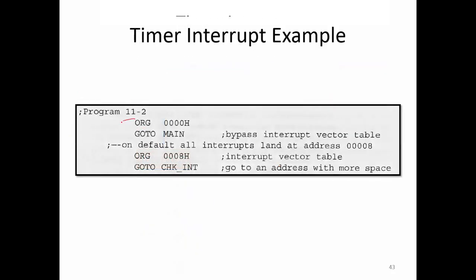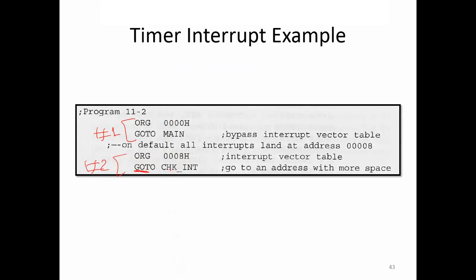Okay. This is the program. This is the part number 1. What is the part number 1? Org 0, go to main. Clear? Okay, and part number 2, so we can directly write the code, but here they used another location for checking